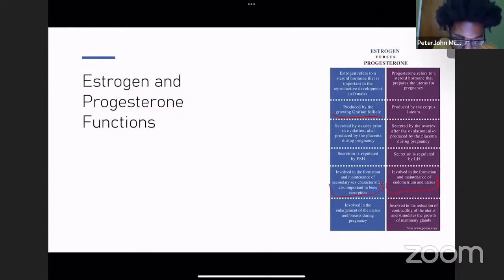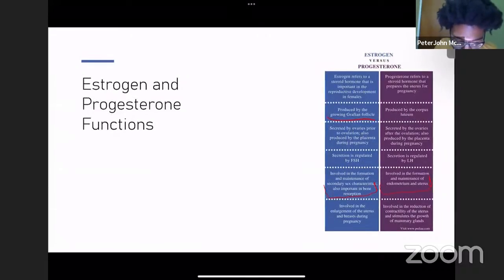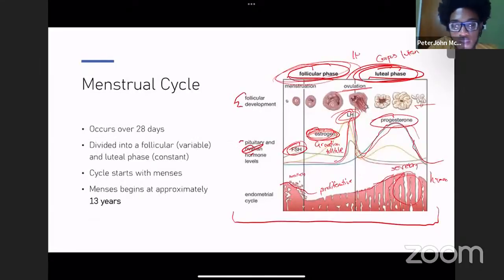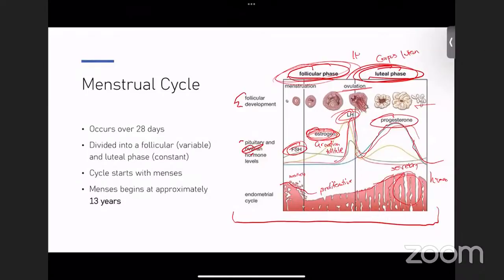What I would like is for someone to explain it to me. Who can I ask? Who's been answering my questions? Joel, are you there? Yes, sir. Can you please explain to me the whole process of the menstrual cycle? And you have diagrams. All right. So first of all, the